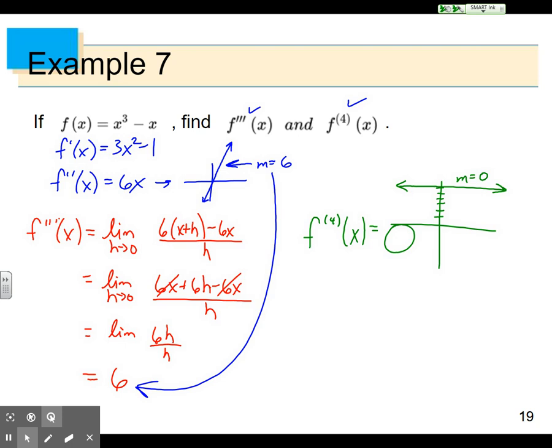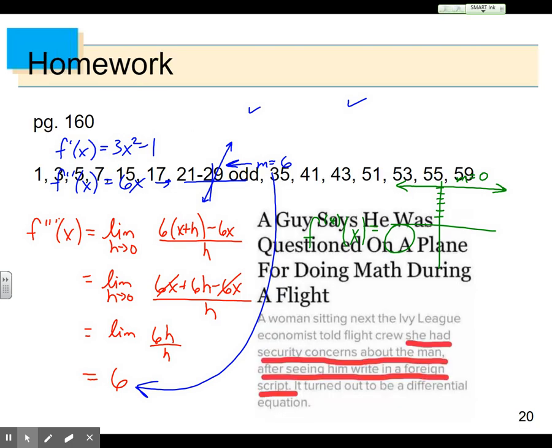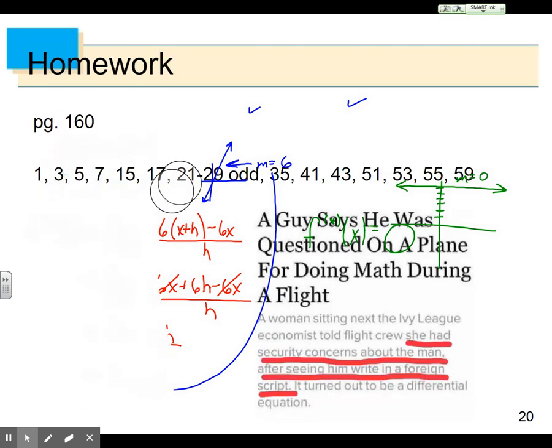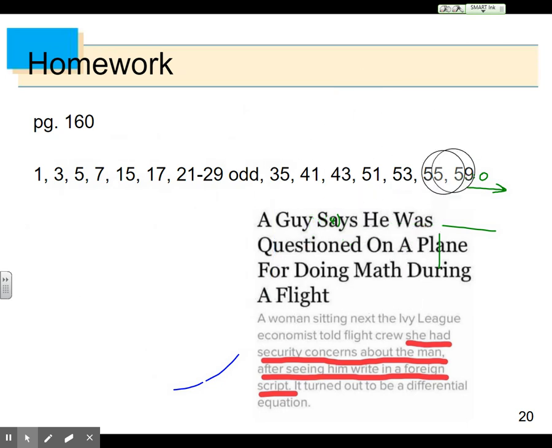Something weird's going on here. We're going to look further into that when it comes to chapter 3. But for now, here are some problems for you to do. Make sure if you have questions,